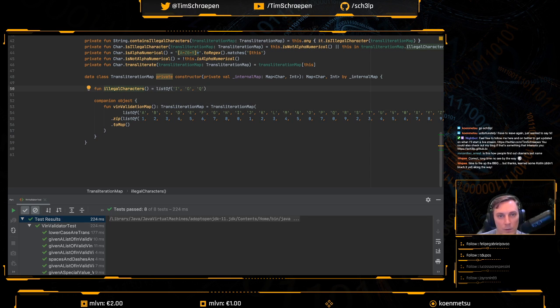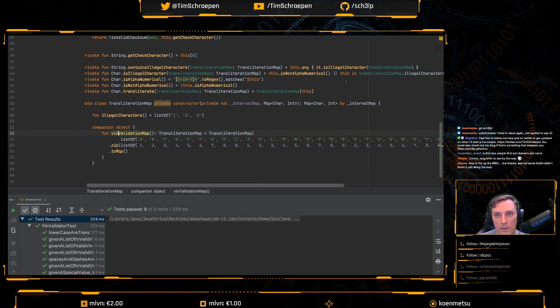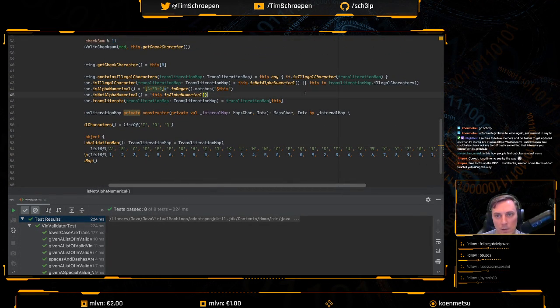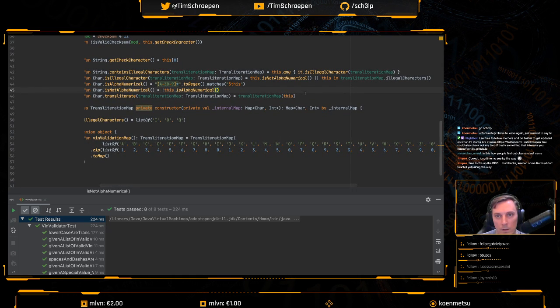And then the thing that makes an illegal character illegal, well, according to a invalidation map then, is this thing. So now they're both much closer together, you see? Because a transliteration map contains illegal characters. So now we fixed that smell as well. Holy shit. I like